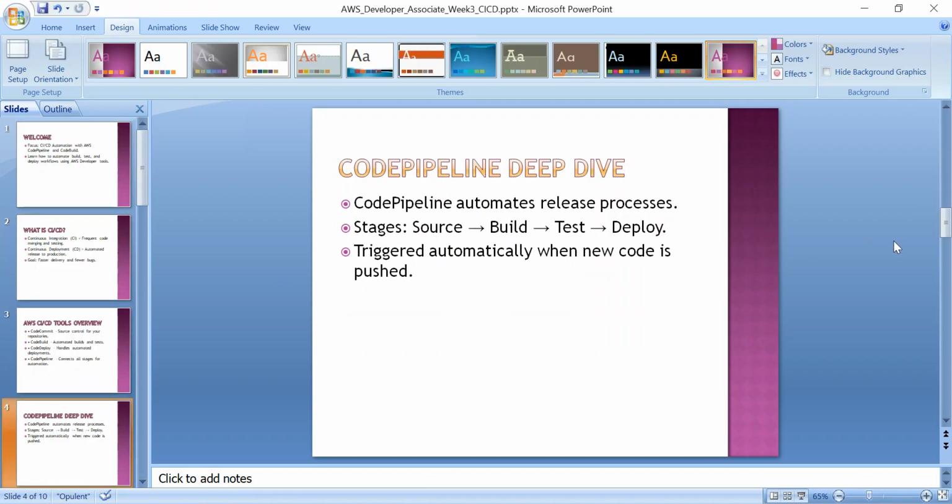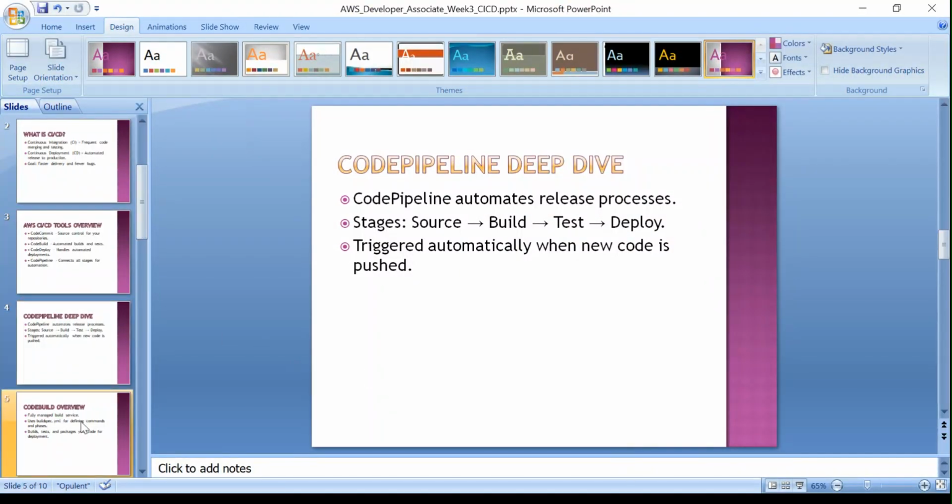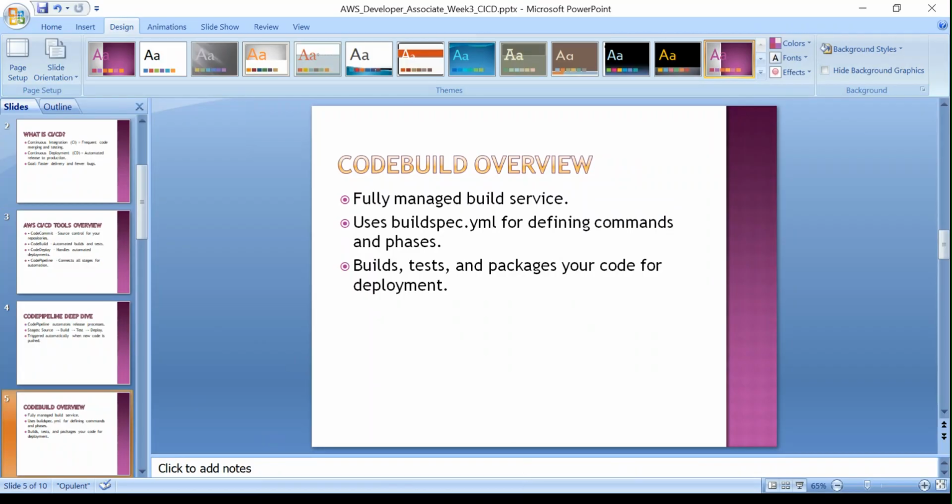We're going to deep dive into CodePipeline. CodePipeline is a service that automates build, test, and deploy stages every time code changes. It's like a conveyor belt that moves your code from source to production. These are the stages in the pipeline, and if you want to go further, you will see